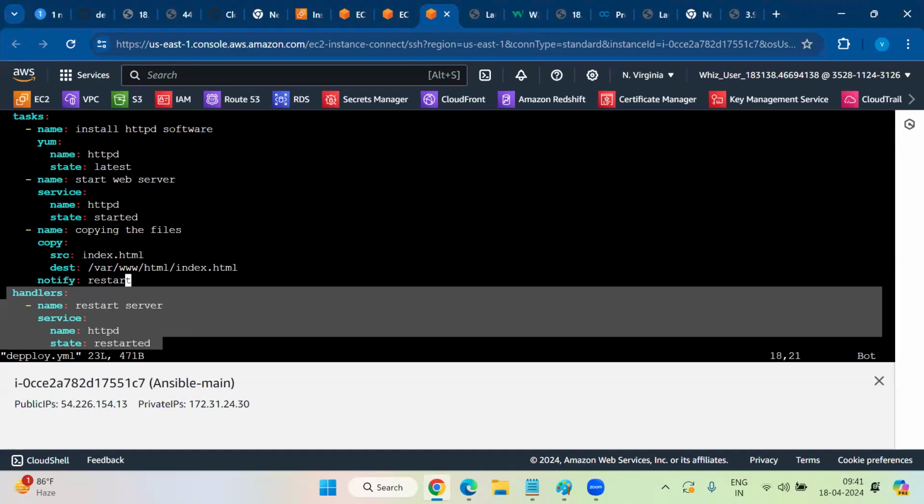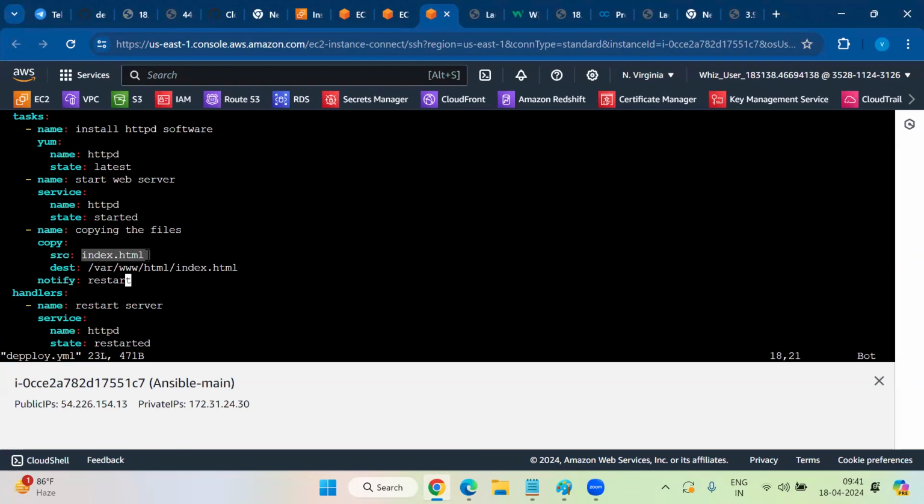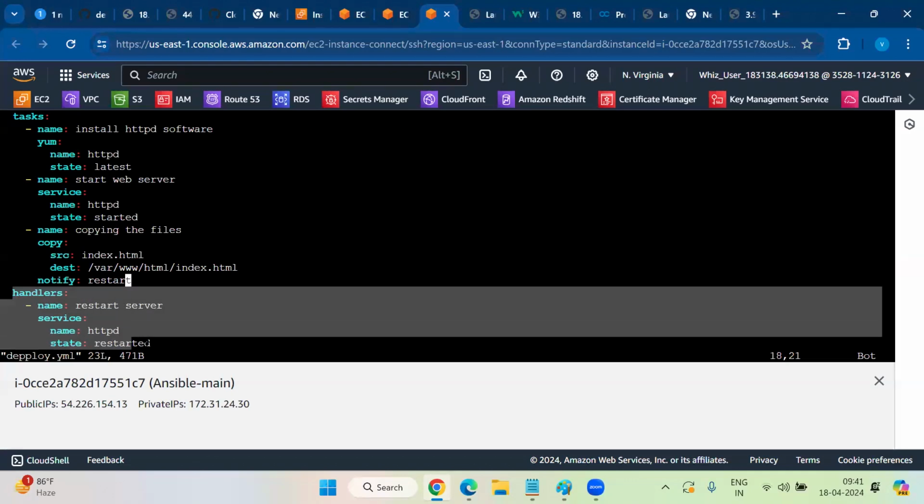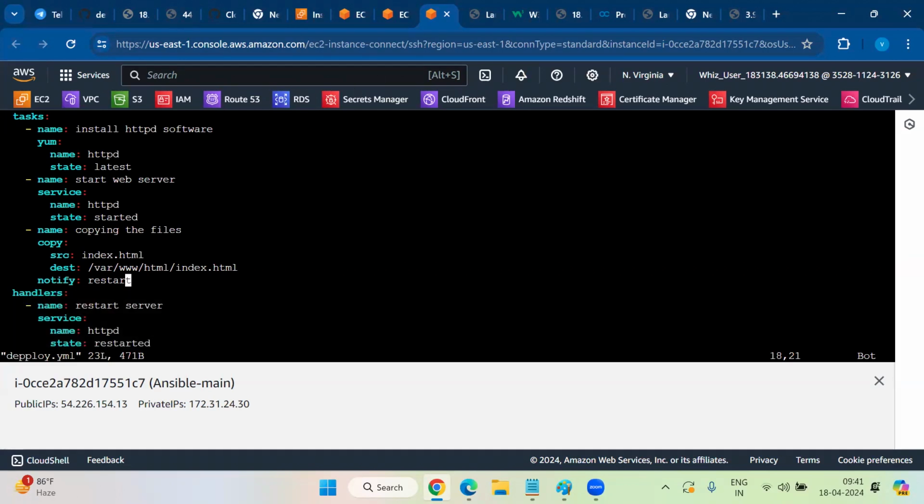When it will work, is there any changes in the source code? At that time, if there is any issues, it will trigger there is issue. At that time, handler will work, right? When handler will work, it will monitor is there any changes. That time it will trigger error. Until then, whatever disturbance you can create here, no problem. It will not create. That's what we're not seeing any error. Now, if I do some changes in the source code,